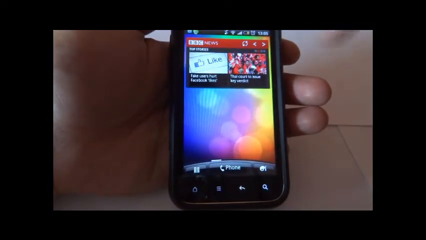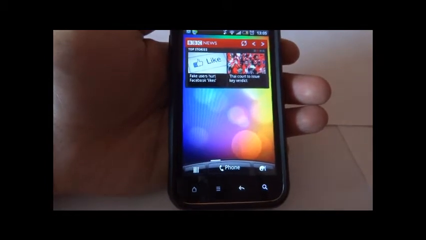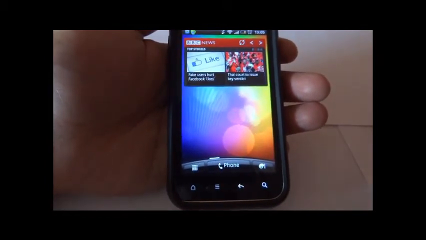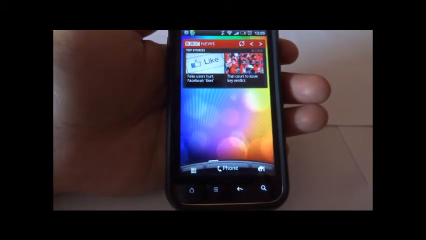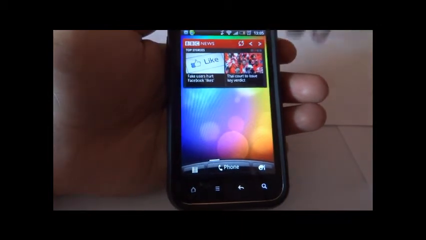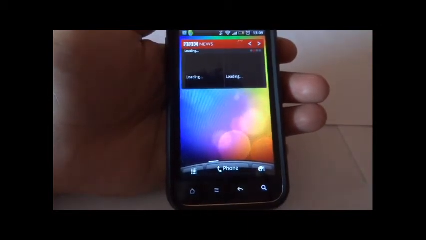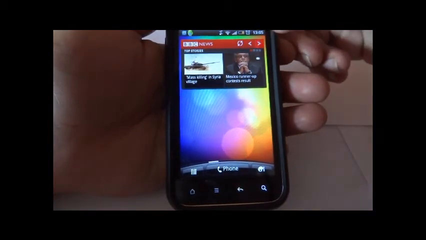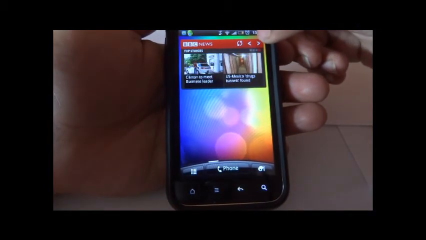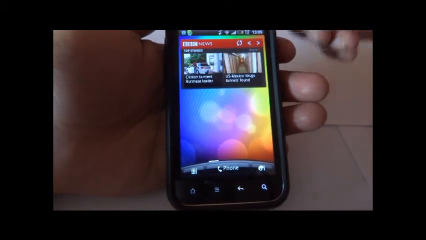Alright, so if you've downloaded the app on your phone and installed it on your phone memory, then you can use it as a widget as well. But if it's on your SD card memory, you can't use it as a widget. Right, so the widget is pretty basic. It's not too big, the size is pretty good. It shows you two of the topmost stories. You can refresh it by clicking on the refresh option here. Yeah, so these are the top stories at the moment. You can also view other stories by clicking on the arrow options. Right, going back, yeah. To enter the app, you just click on the BBC News option here.